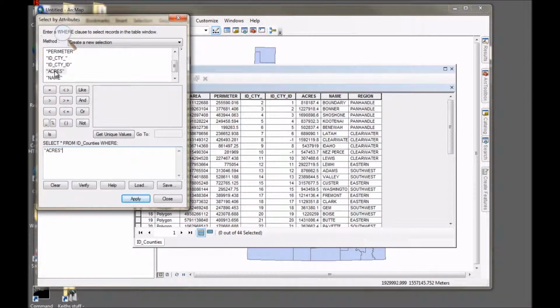Acres. And now we're going to do some typing. It really doesn't have to be in all caps for ArcGIS. It's a good habit when you're writing SQL to do that, because there are far more finicky pieces of software than ArcGIS. So anyway, where acres between